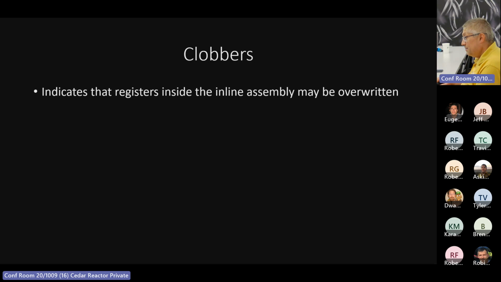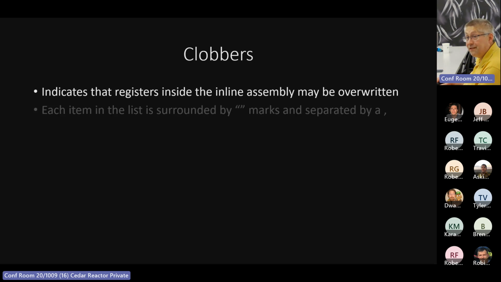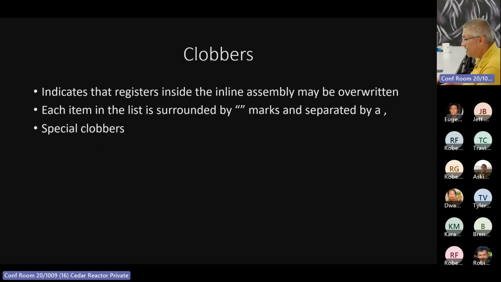So now we're going into the Clobbers section of the inline assembly. Basically it indicates that registers inside the inline assembly may be overwritten. Each item in the list is surrounded by quotation marks and separated by a comma, as you saw in that wonderful diagram. And there are special clobbers that are used to help facilitate